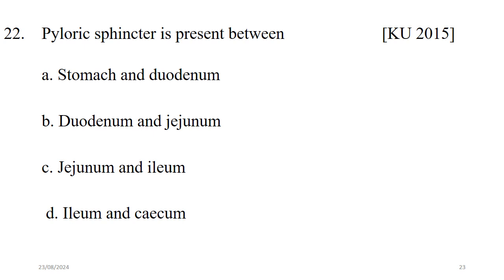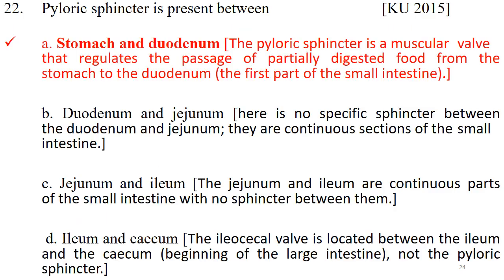Question number 22. Pyloric sphincter is present between. The options are A, stomach and duodenum, B, duodenum and jejunum, C, jejunum and ileum, D, ileum and cecum. The correct answer is A, stomach and duodenum. The pyloric sphincter is a muscular bulb that regulates the passage of partially digested food from the